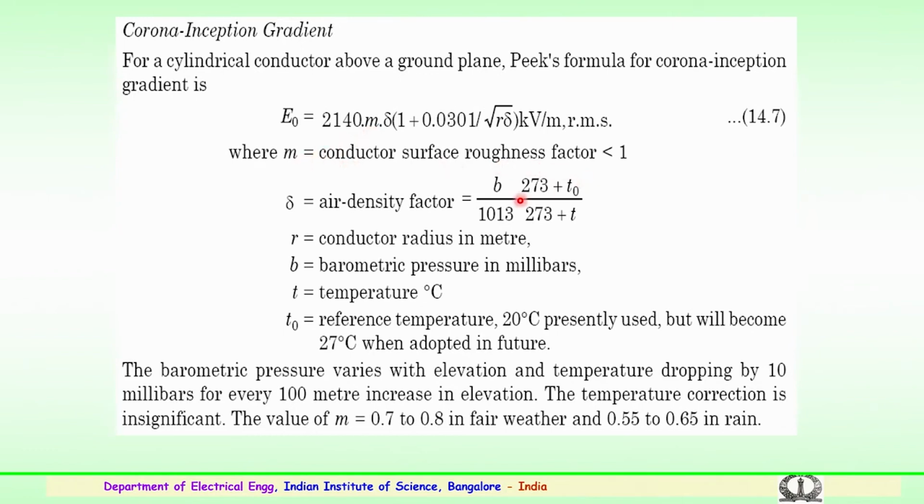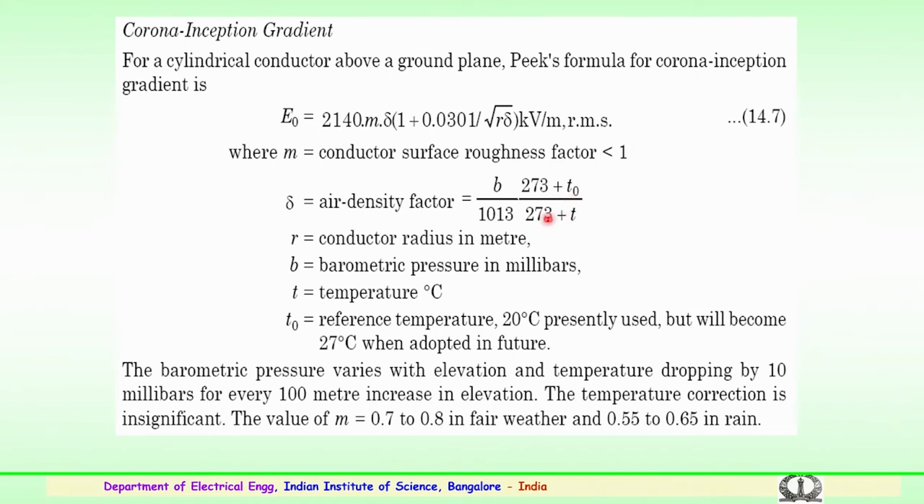So, the conductor surface roughness identifies whether the conductor is damaged, the conductor has projections, or the conductor is smooth. So, the surface roughness factor should be less than 1. So, usually 0.9 or 0.6 is considered for the normal case, 0.9 for wet conditions or the surface rain conditions, roughness is considered. Delta is the air density factor, again air density factor is given by b multiplied by 273